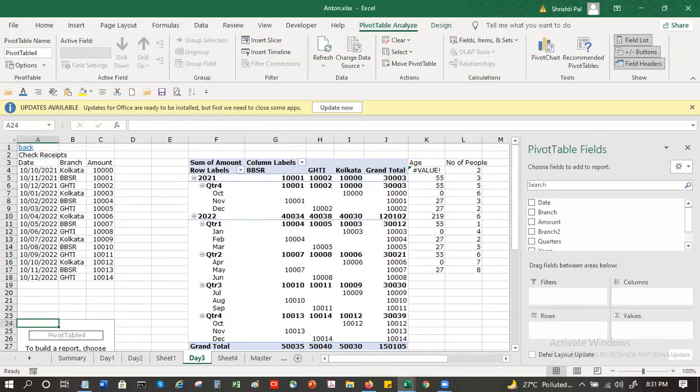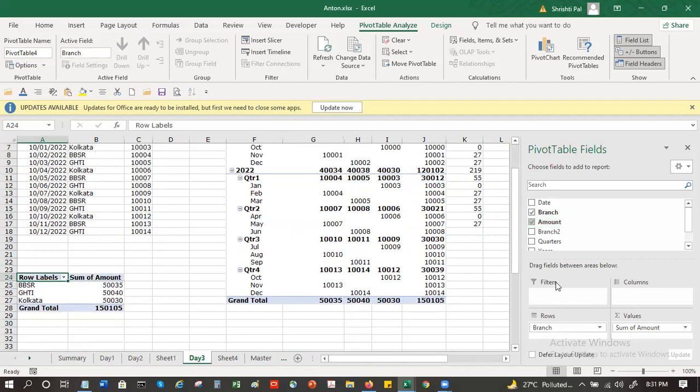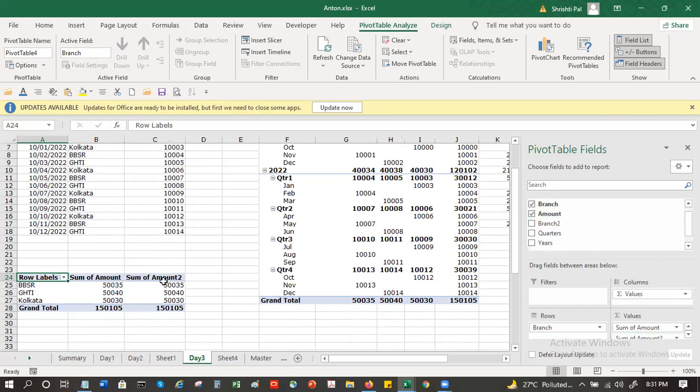So let's say I have a branch and I have an amount. And what you can do here is, have you worked with multiple values of amount? The same amount, I can again drag it and put it under values. Now it becomes sum of amount 2.